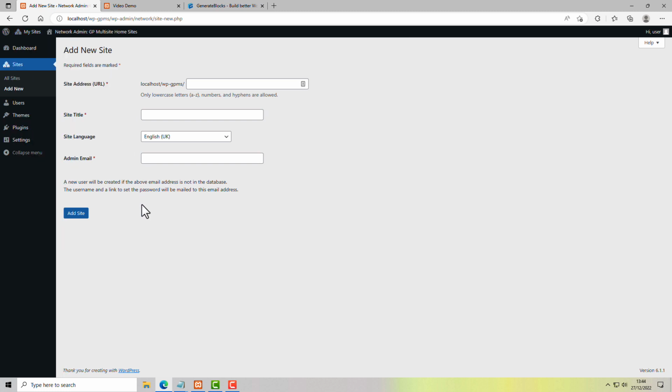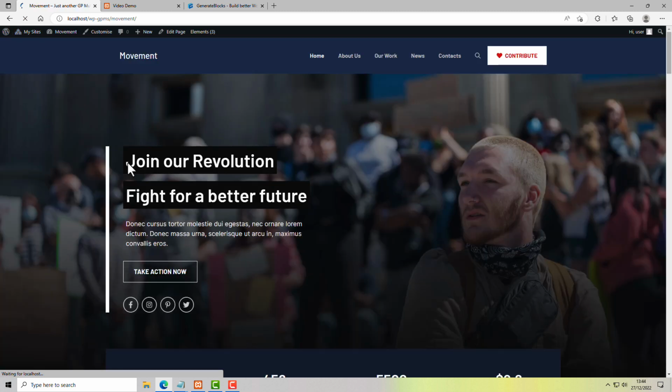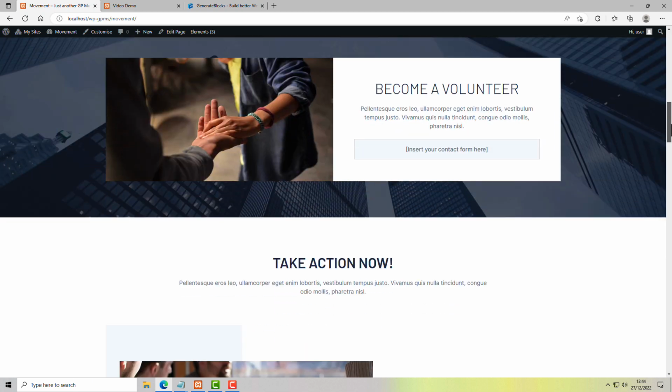It's a bit complicated, but if you're interested in WordPress or you're a web designer, this is a really good way to do things. I've made a WordPress multi-site using GeneratePress and GenerateBlocks. I've then installed all my favourite themes inside this, so all of these themes are inside one WordPress installation. Now, the good point is, if I want to use a block from any of these, so Movement is a really nice theme, if I visit that site, now supposing I wanted to recreate this complete page on another website,